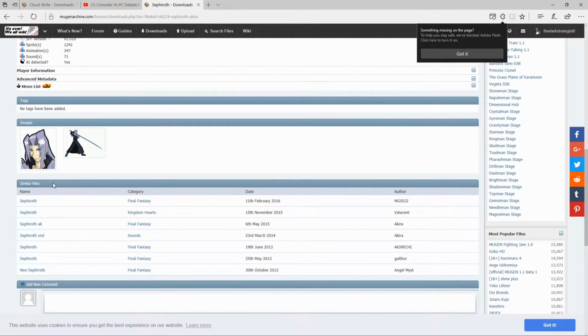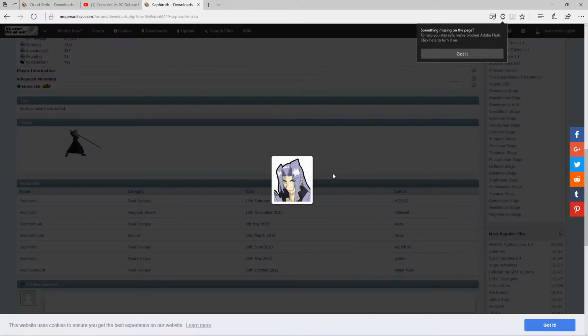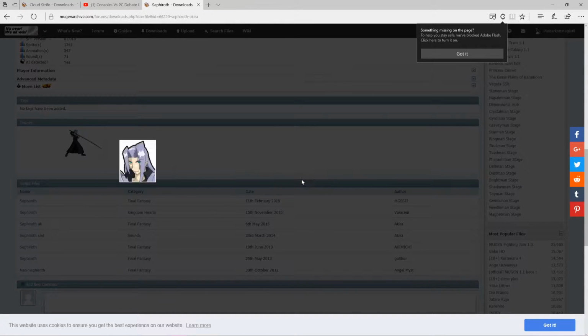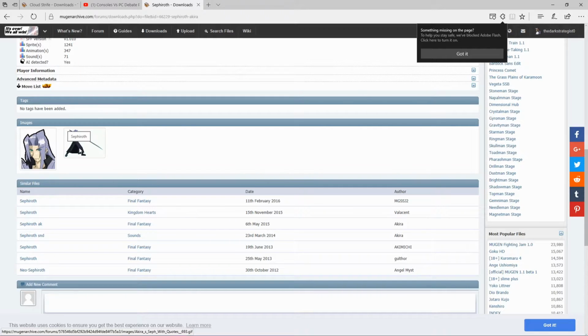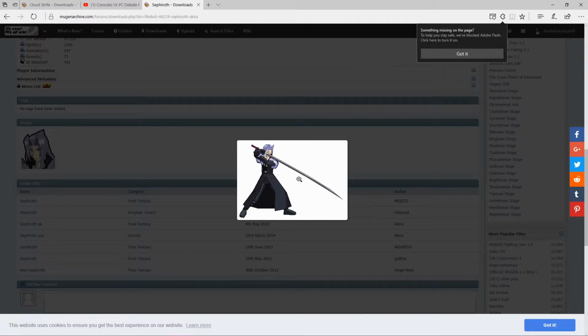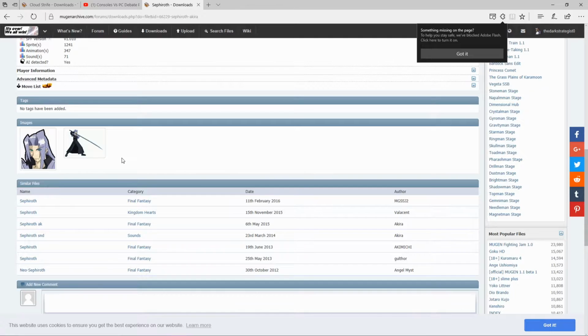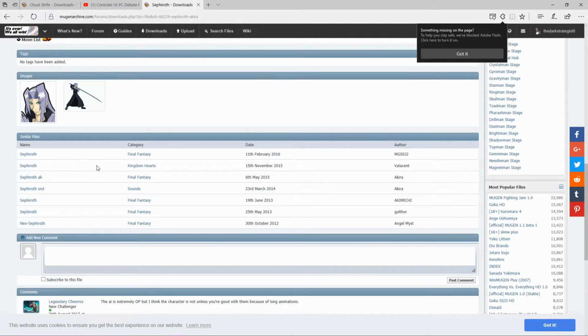All right, so here you have the image of Sephiroth. Here's what his character portrait looks like, which is probably not the best, but it's pretty much just to indicate that he's there in your Mugen. And here's possibly what he looks like in game. This was obviously customized. You can honestly tell. Damn near just like Cloud, because Cloud is the same way. But I have a feeling that he's going to be made very good. Now,